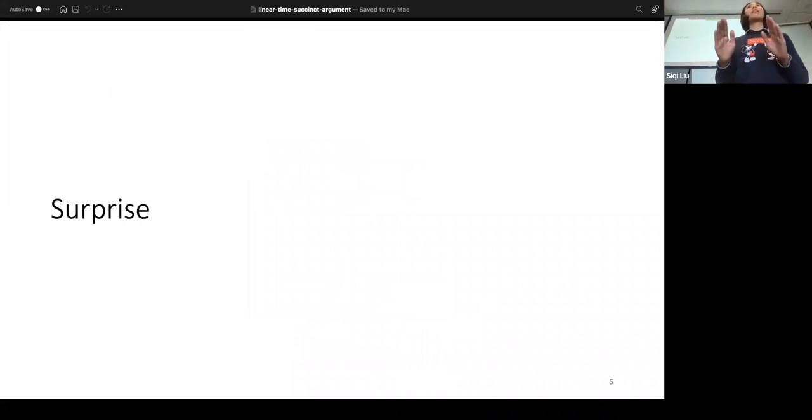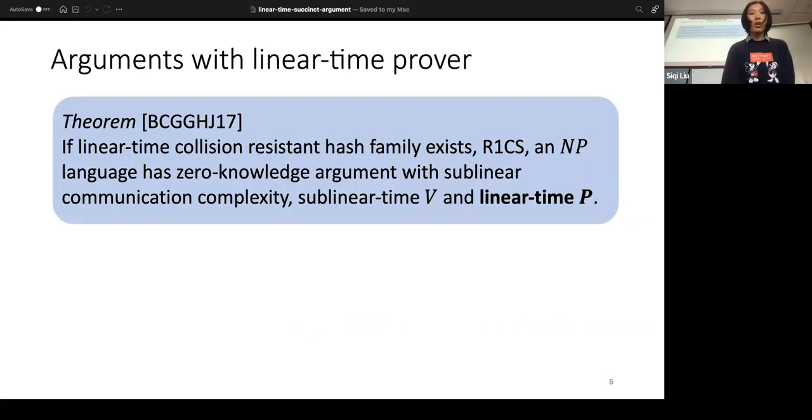Next, I just want to talk about some existing work and what's surprising to me personally about these existing results. I mentioned that we care about all three parameters: communication complexity, prover time, and verifier time. What's the best that we can hope for? How well can we achieve some sort of optimal trade-off between these three parameters? Surprisingly, this work by Bootle et al. shows that, assuming the existence of a linear time collision-resistant hash family, so some cryptographic commitment assumption,